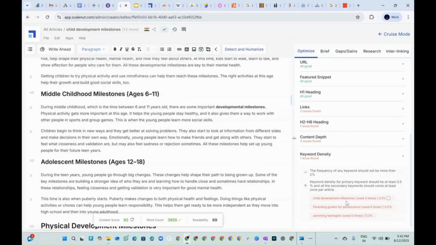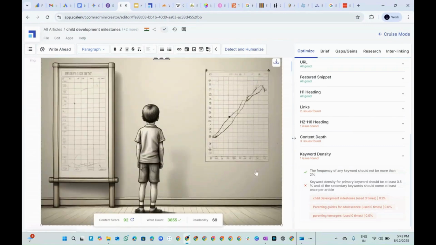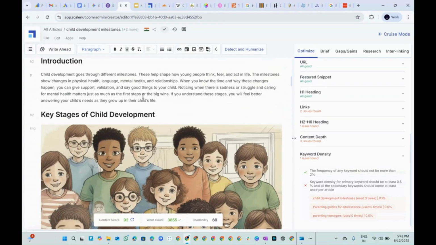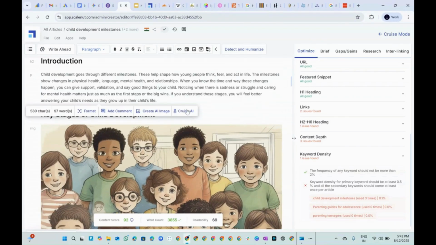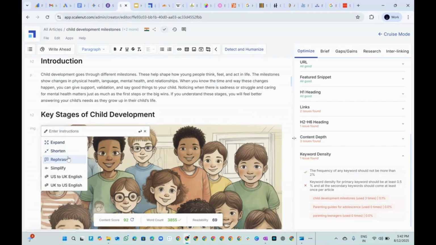Let us go to keyword density first. Three keywords were selected. The first one is present 3 times, second one is not present, third one is not present. So this article is not well optimized for the keywords, but yes, it is well optimized for the intent or the queries that the generative engine will do. So what we will do is we'll just go to the introduction first. Let's select this, go for the Cruise AI option and we'll go for rephrase,